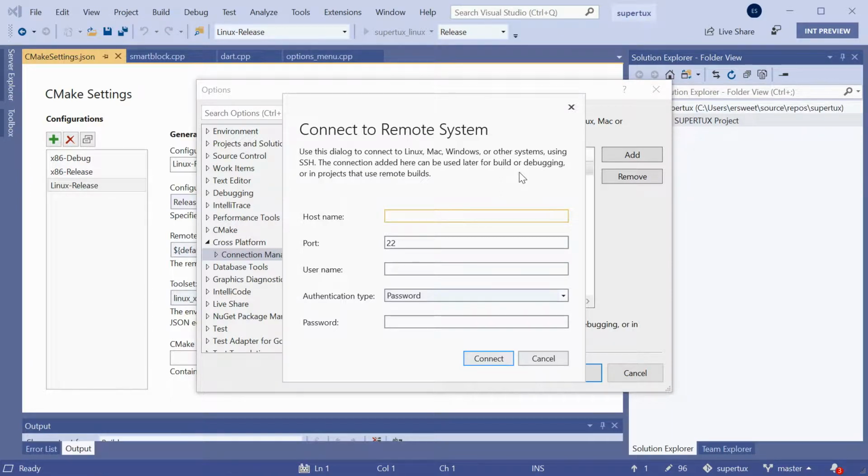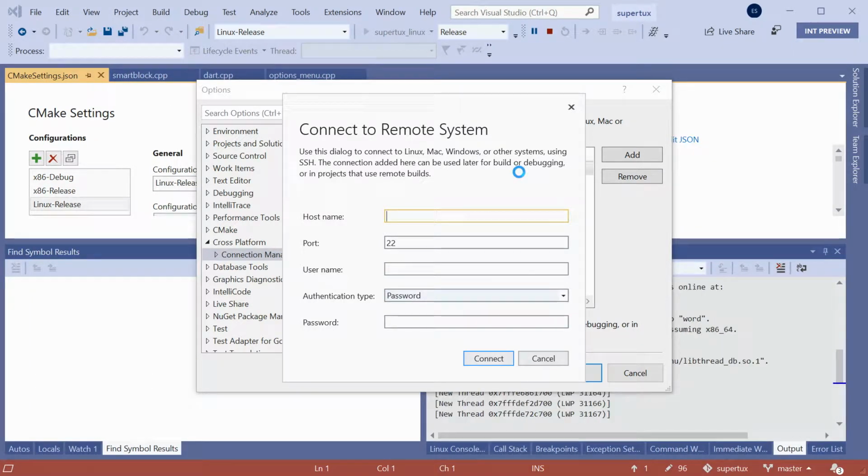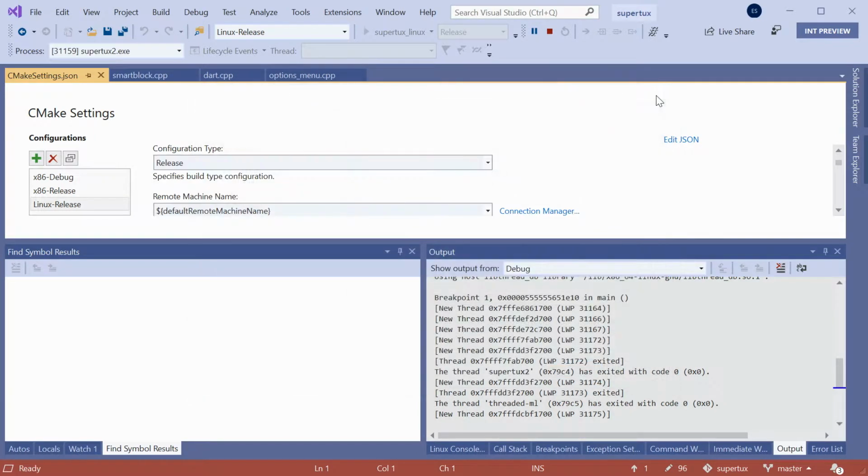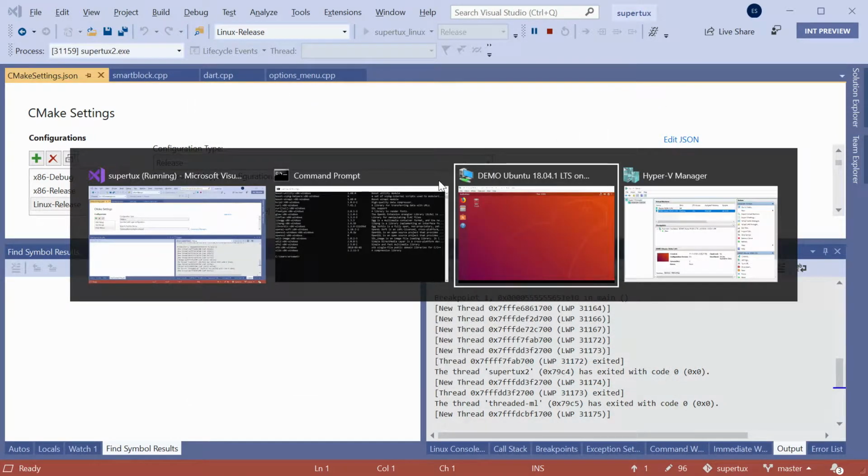We don't have many restrictions on the distro that you're connecting to. All we require is SSH, a working C++ toolchain on the remote machine, GDB, and if you're using CMake, then a relatively recent version of CMake also on the remote machine. But with Visual Studio 2019, Visual Studio will now automatically detect if the machine you're connected to doesn't have CMake installed and can automatically deploy those binaries for you to the remote machine. So looks like this is done. So now if I toggle over to my VM,